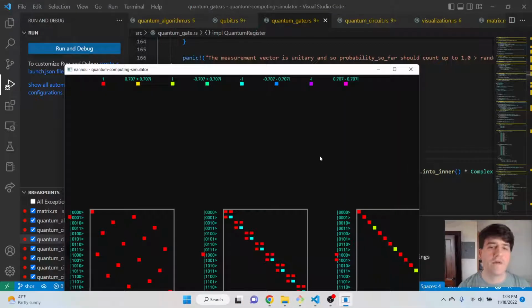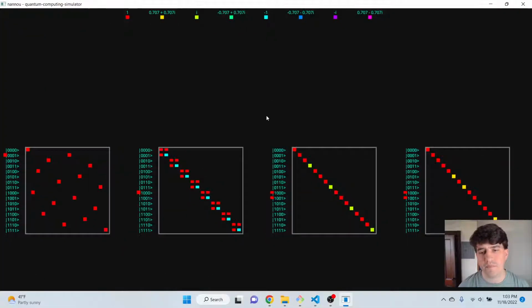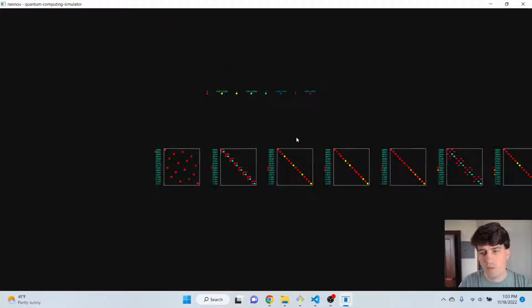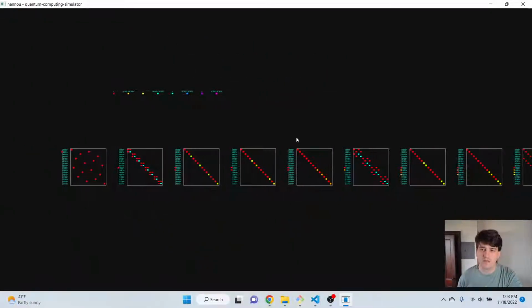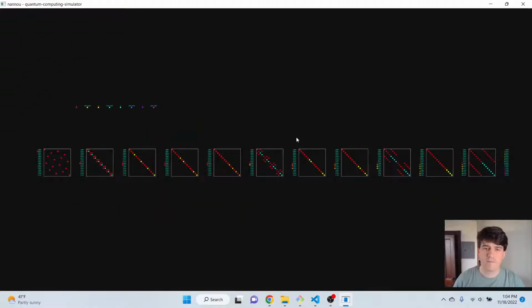I guess one nice thing about doing the quantum circuit, sort of the right way or the more granular way,